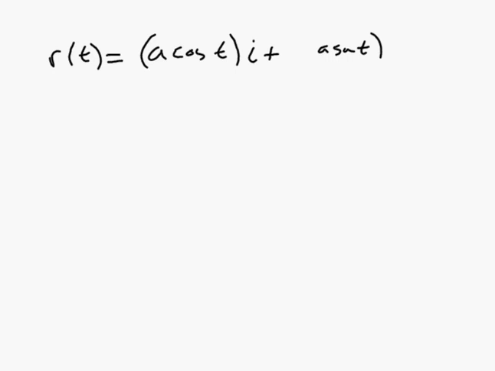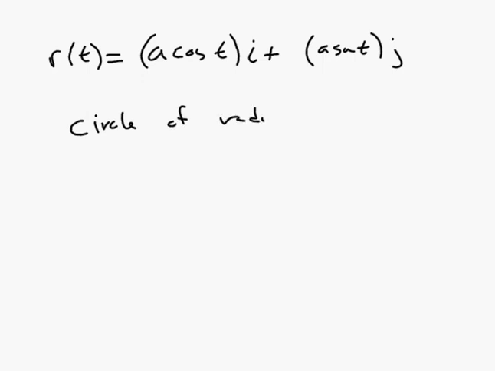So we'll continue discussing our curvature, and we're going to look at a specific example. We're going to look at this function here. Oh, that should be i, sorry. I'm going to do i, not j, plus a sine t j. Mind you, this is a circle